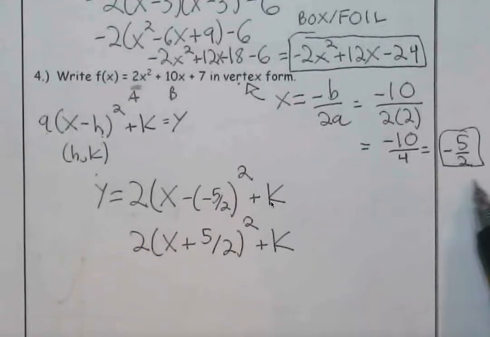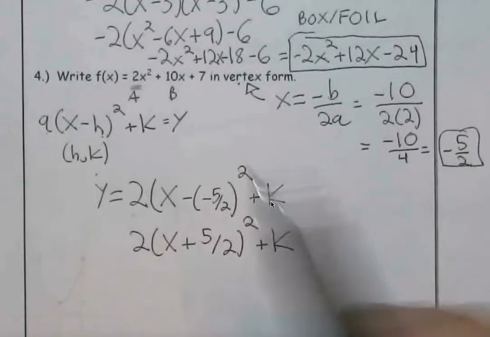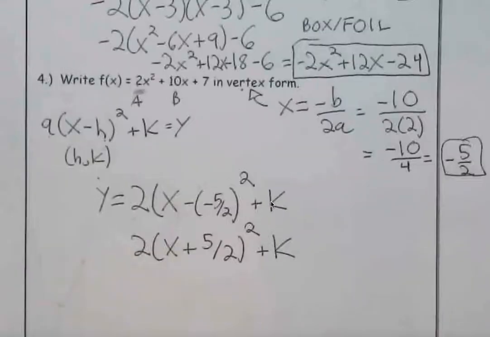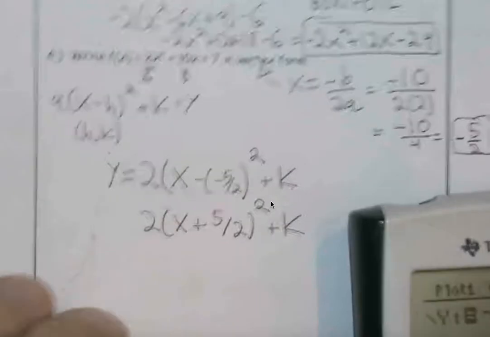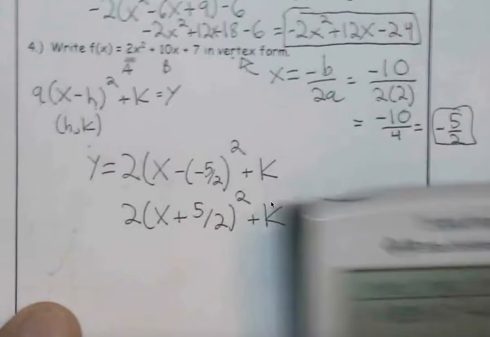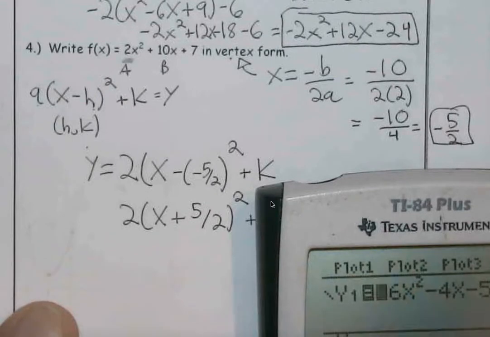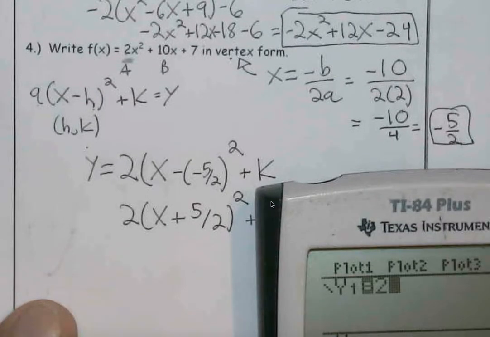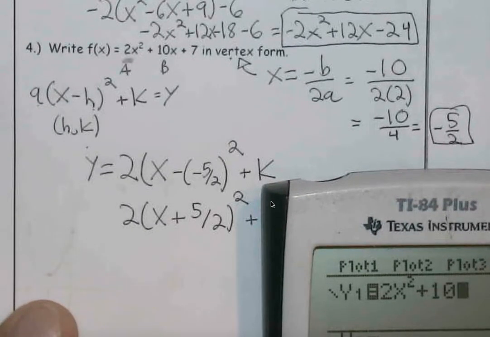We know our x coordinate for the vertex. How can we get our y coordinate for the vertex? So if you plug in, that's an option. For this one, I'm actually going to start to plot this, and then I'm going to find what the outcome is if we have -5/2. So if we graph this as 2x squared plus 10x plus 7,